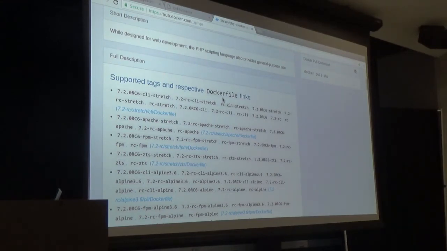But there are 2 more features in there. Sometimes in your applications you need secrets like API keys to interact with other services, like your application interacting with Twitter or something. So you don't want to put those keys in your code directly. One option is to supply them as environment variables, but that is not secure either. What you can do is, Docker has a thing called Docker secrets. And the whole